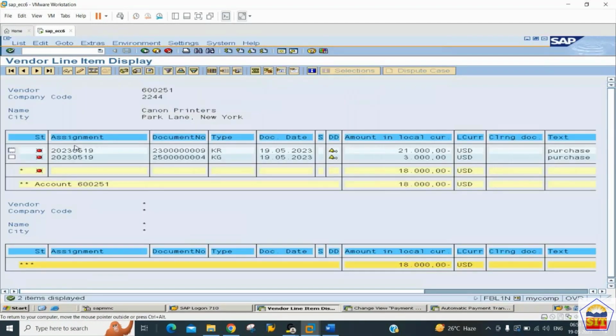You can just see it is saying that we have an invoice with amount 21,000. Purchase return we have with amount 3,000. And you can just see we have the net amount to be paid to him 18,000. Okay, so here